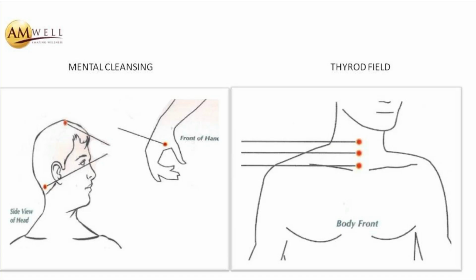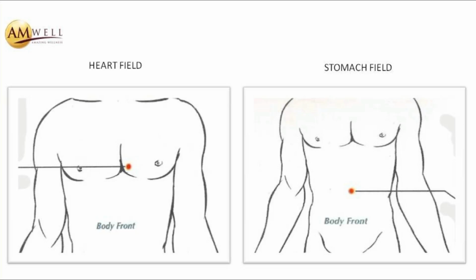Okay, the next point is heart. For some people, you might have realized that your blood circulation is poor, or your breathing is not so good, or your heart is a little weak. What you can do is point the wand at the heart field area, which is not at the thymus gland area. It's the same point as your thymus gland, but 1 inch to your left. You start using the wand and start applying acupressure at that particular point. It will help to improve your heart condition at all levels.